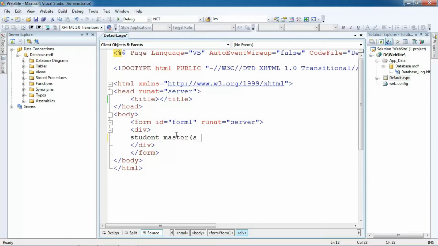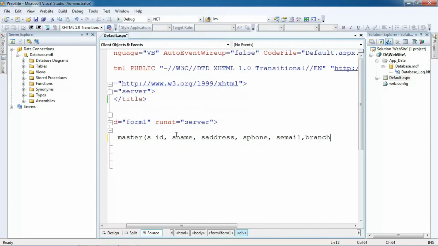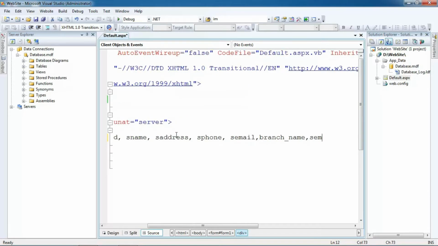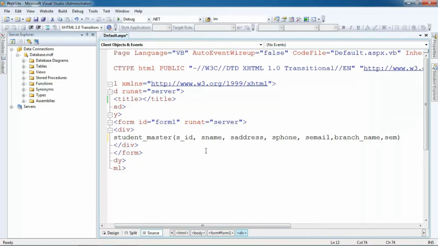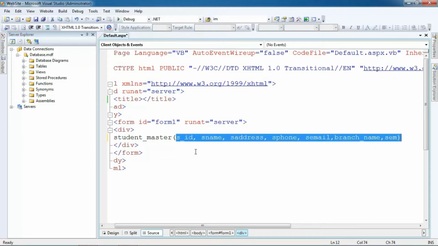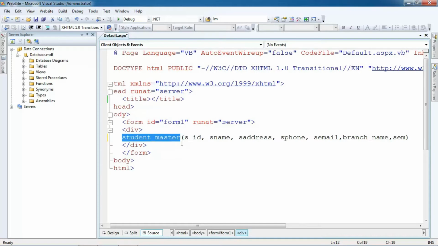Let us say s_id, which is the ID of the student, name, address, phone, email, branch_name, as well as the semester the student is enrolled in. So this is the schema we are about to create. These are the columns or attributes of the table, and this will be your schema name, or table name.